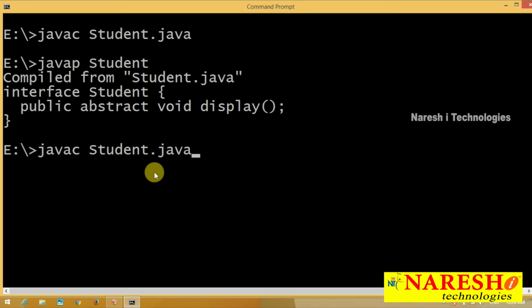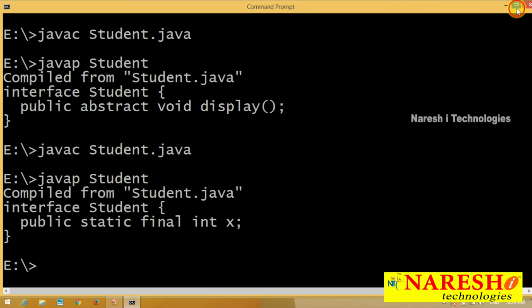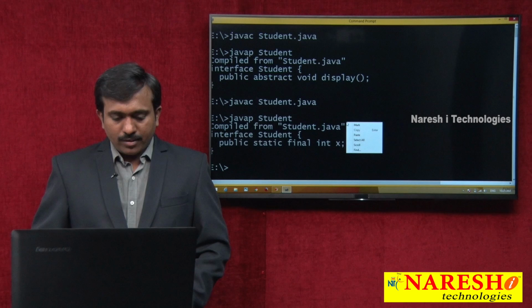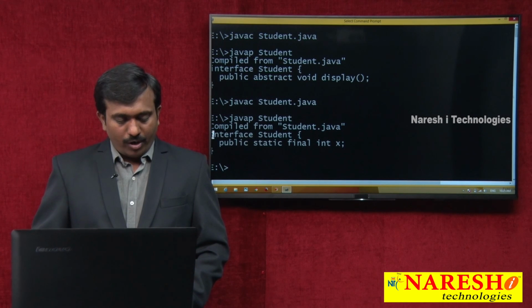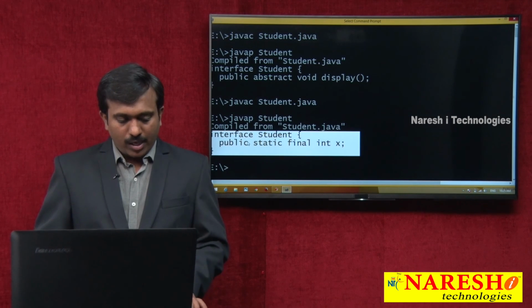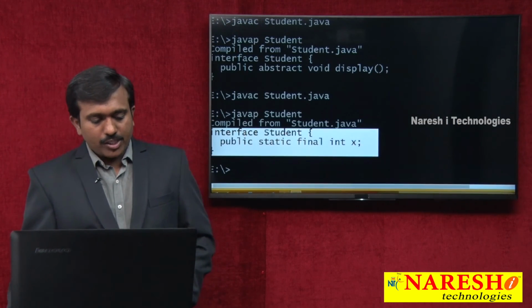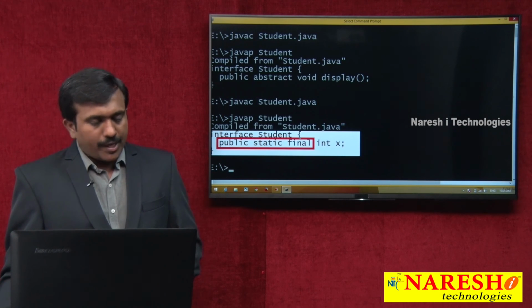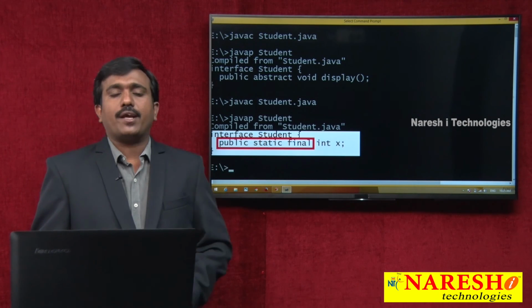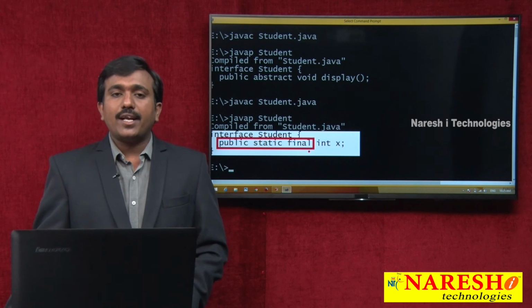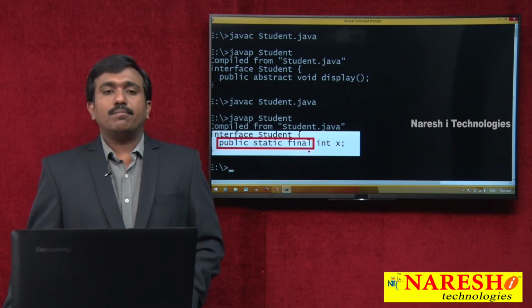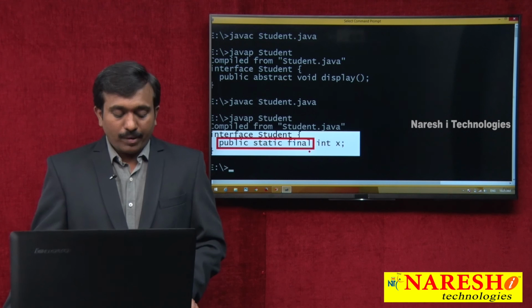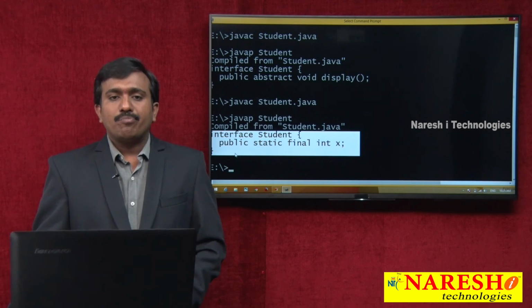Compile, then a .class file is created. Get the profile of the .class file with the javap command and check. Here by default the interface variables are public, static, final. So whether or not you explicitly use public, static, final, by default these variables are public, static, final.